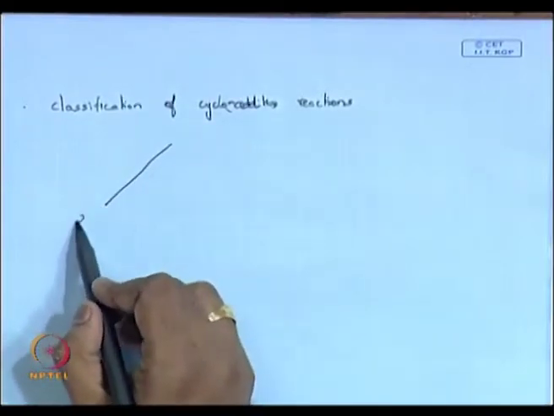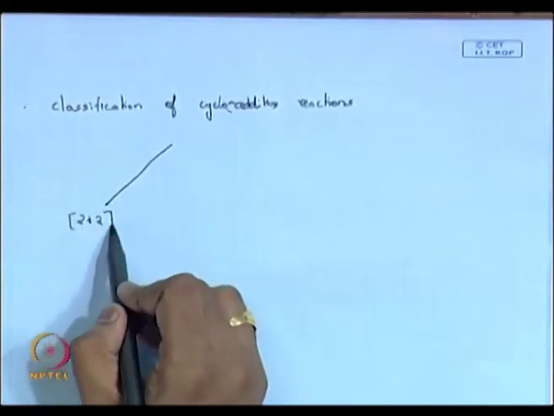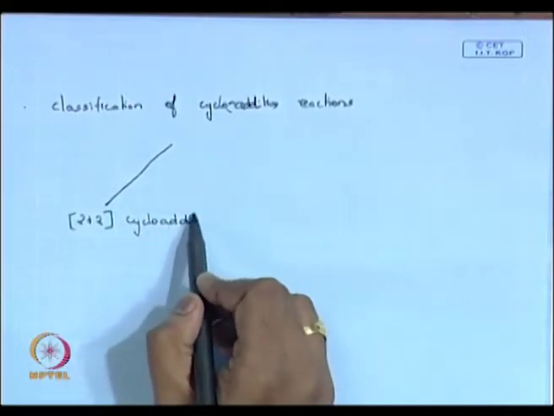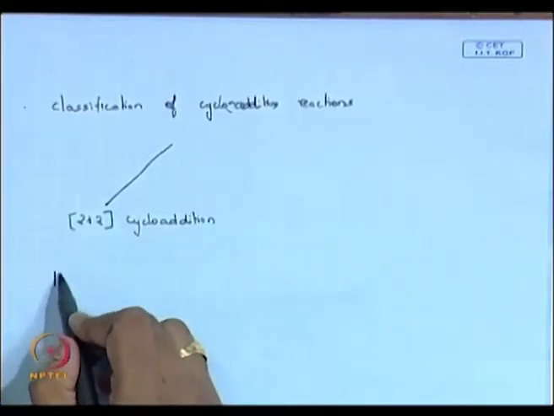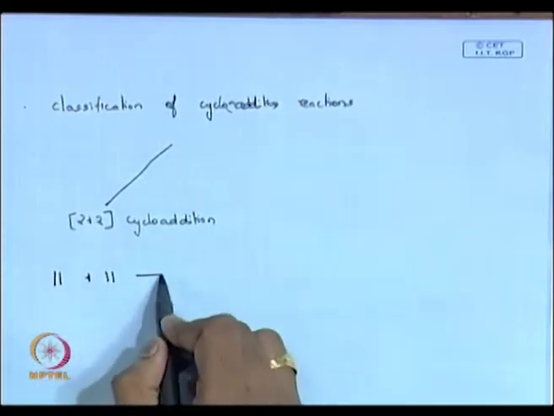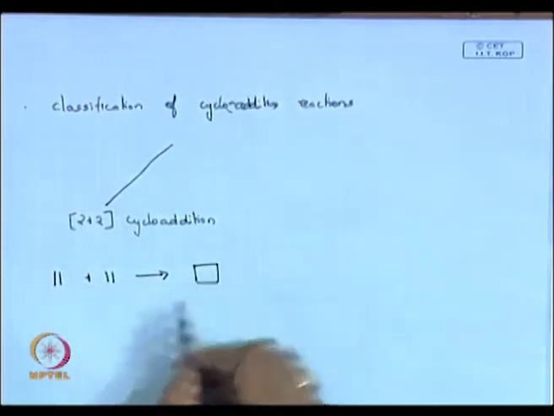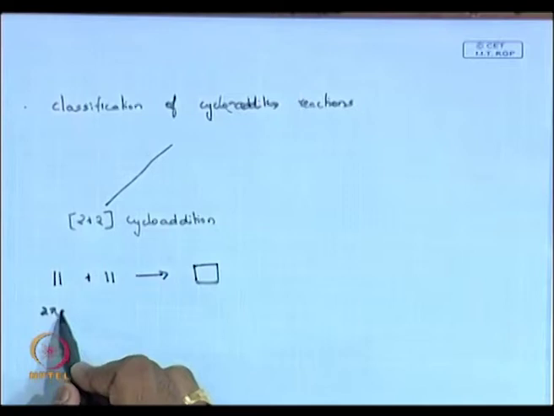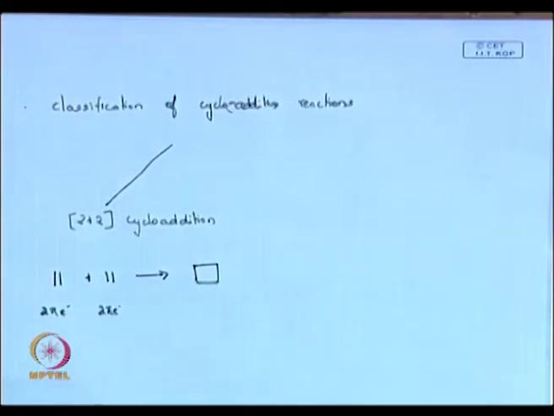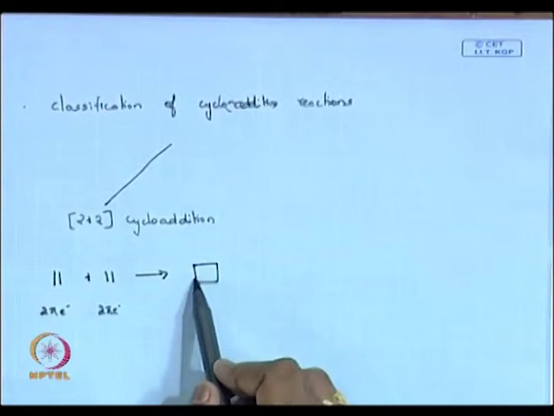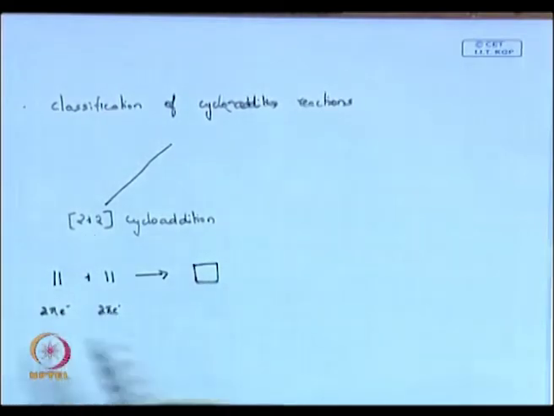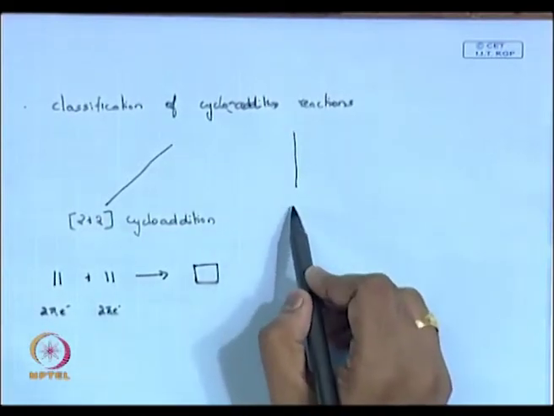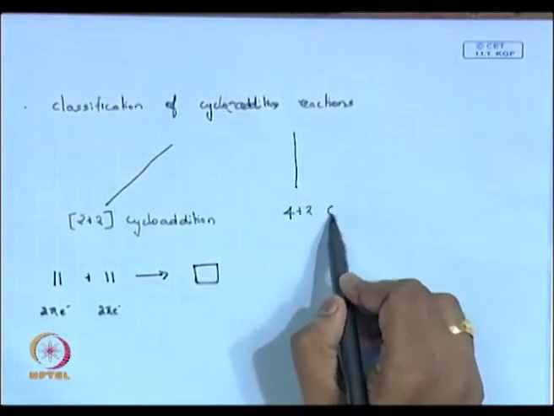we can classify them as 2 plus 2, a very important classification of cycloaddition, where you can think of an alkene reacting with another alkene to form a cyclobutane system. Here you can see it is 2 pi electrons and the same way 2 pi electrons adding together to form the cyclobutane system. This is 2 plus 2 cycloaddition, and then we can even think about 4 plus 2 cycloaddition,